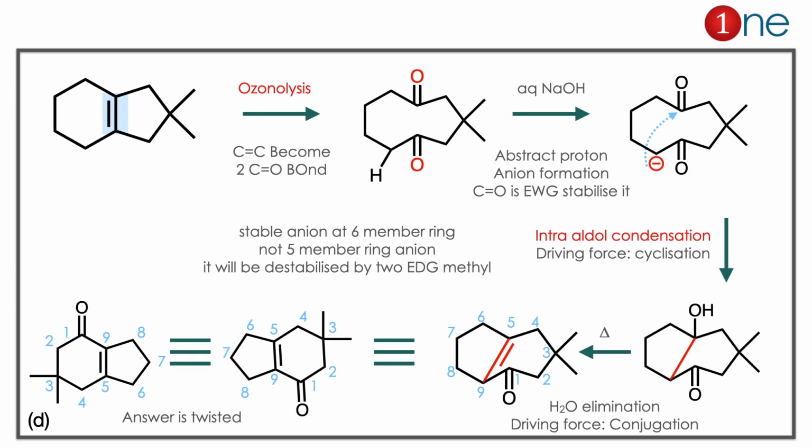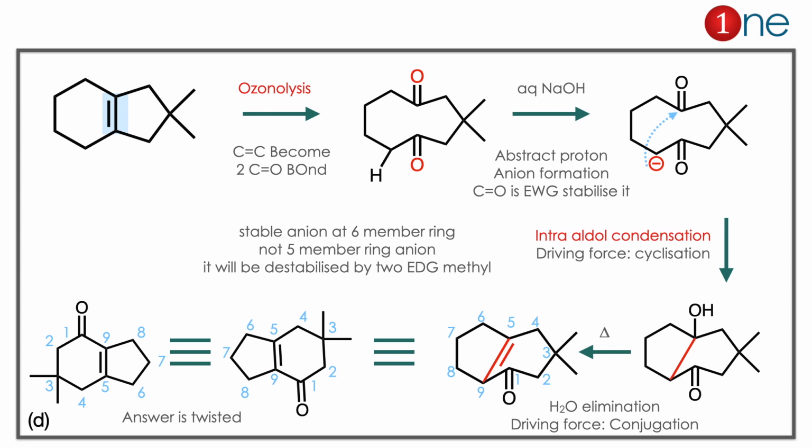The starting material, you are having an alkene in the fused carbon. You are doing Voss analysis. What really happened is Voss analysis converts C double bond C into C double bond O, the direct conversion. So the ring is open there. Then you are using aqueous NaOH. Aqueous NaOH abstracts the proton, which is the stabilized one. Here proton is abstracted on the 6-member. Why? Because the 5-member contains electron donating methyl. It will destabilize it. So the anion is formed.